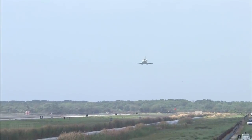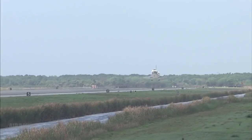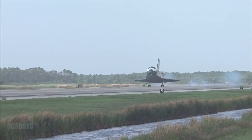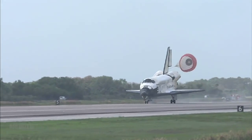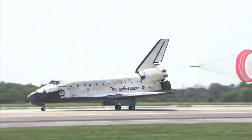Commander Lee Archambault beginning to flare the nose of Discovery up for final approach and landing. Main landing gear is down. Main gear touchdown. And nose gear touchdown. Space Shuttle Discovery is rolling out on runway 15 at the Kennedy Space Center, completing 202